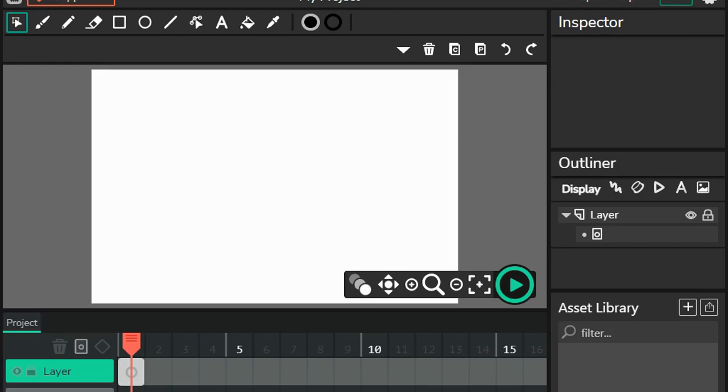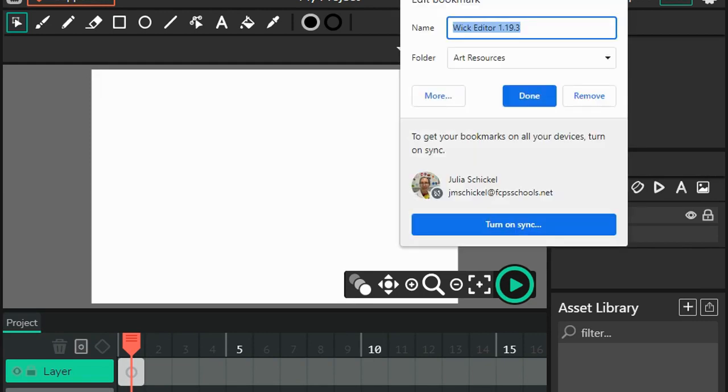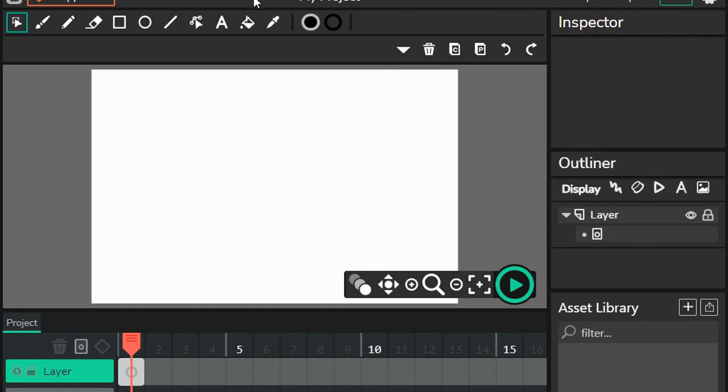And before I do anything, I am going to bookmark it. So I'm going to click on the star and I'm going to save it. I have a folder in my bookmarks for art resources, and I'm going to save it. So you can save it right to your bookmark bar. And I now have a new